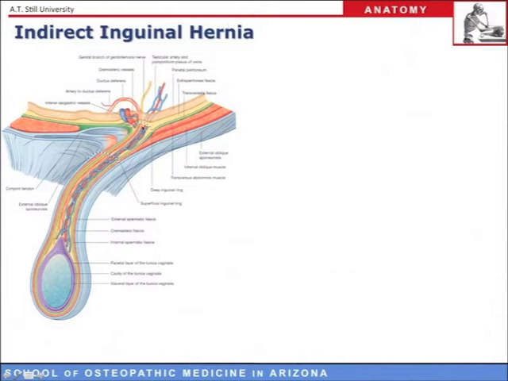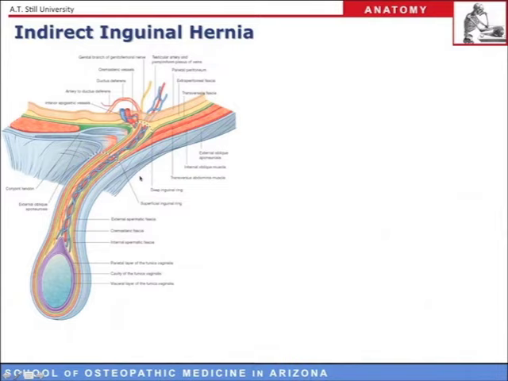Okay, so this is another image that is a review. This is where we demonstrated that the testes pushed obliquely through the abdominal wall, pushing some layers or coverings and pulling other structures along with it. Now, I want you to note the inguinal canal would be in between the deep inguinal ring here and the superficial inguinal ring there, both demarcated by the dotted lines.